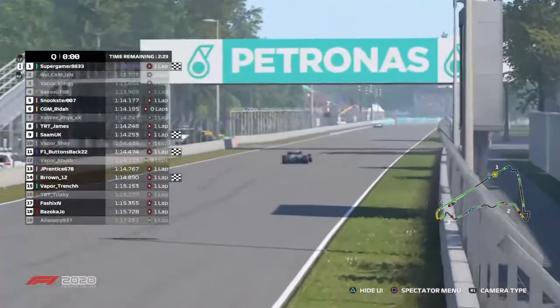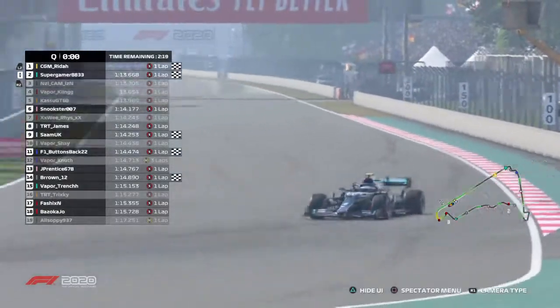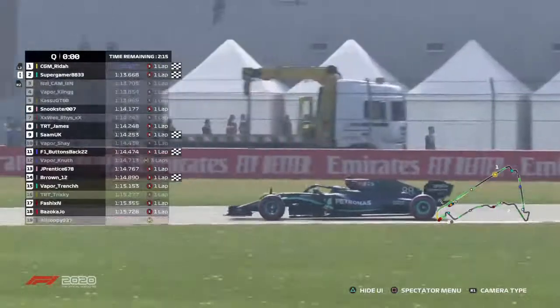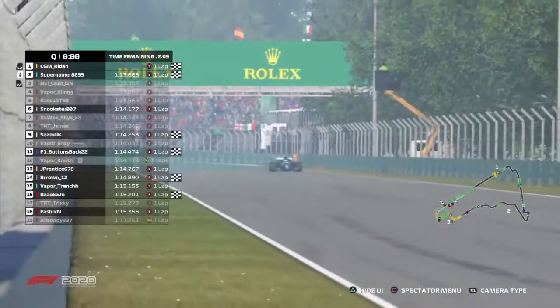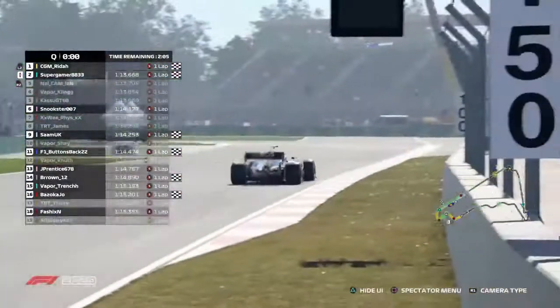But for qualifying, we just had Super Gamer jump the AlphaTauri there and just went a 13.6, and then he's just been beaten by Rida. I think that's how you pronounce his name. He's in the Renault car with a 113.6. About 3 1,000ths of a second between them,